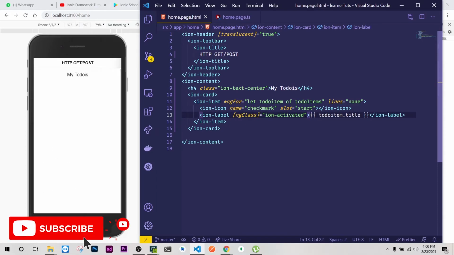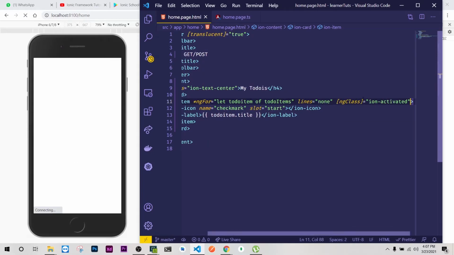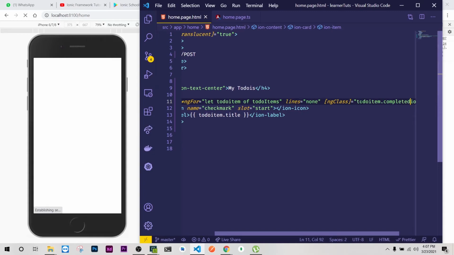Ng class, and it won't do anything as of now because we have placed it in the wrong place, and we need to highlight all those tasks that have already been completed. So what I'll do is I'll cut this from here, and I'm going to just highlight the whole list here, and it's going to be on condition that this to do item is completed. So I'll come here and do ng class. So this is conditional, so we can write an if inside, and what will happen if that is not true. So we have if to do item dot completed is true,